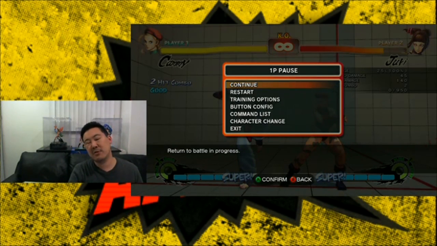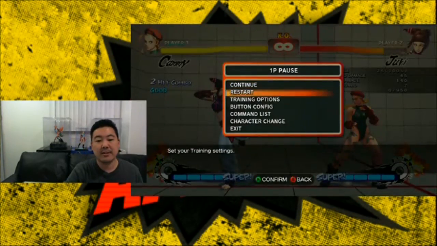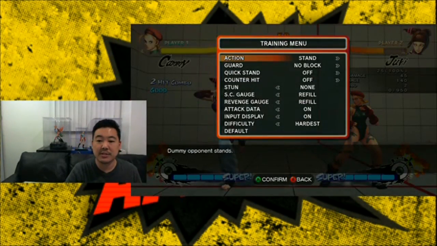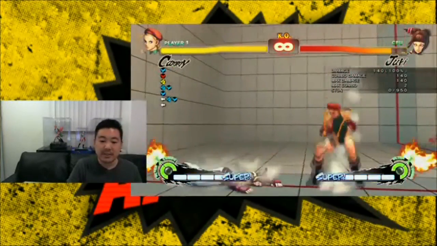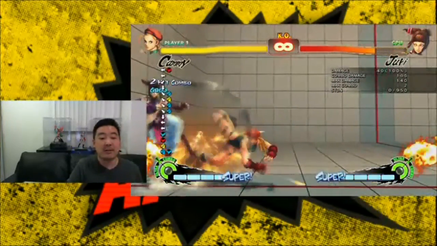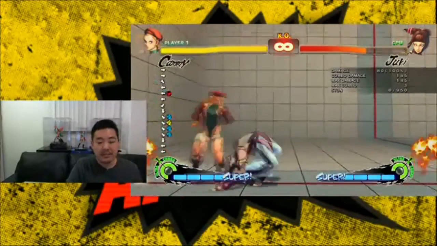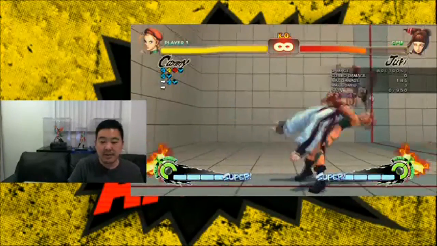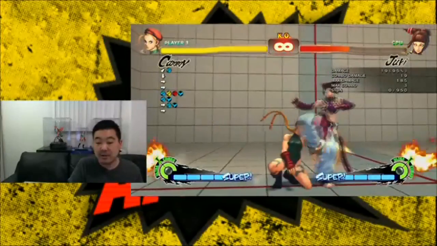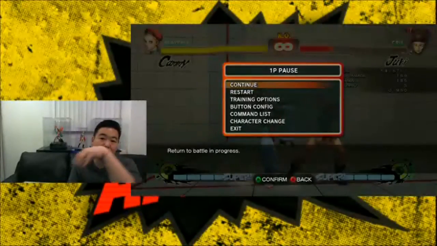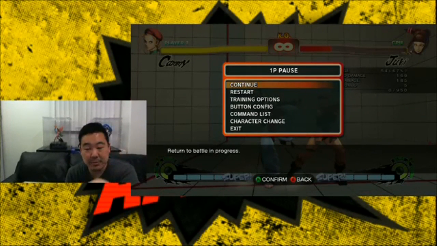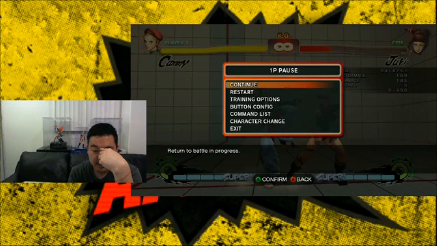Now, let's pretend we're not doing option selects, all right? I'm going to turn this training mode dummy to stand there. If I am Cammy here, what am I typically going to do here? I'm going to go into my combo, right? So let's do that again. I'm going to throw her, and then if I meaty and I hit confirm into my combo. The problem is when people start putting option selects into their game, they start thinking to themselves,